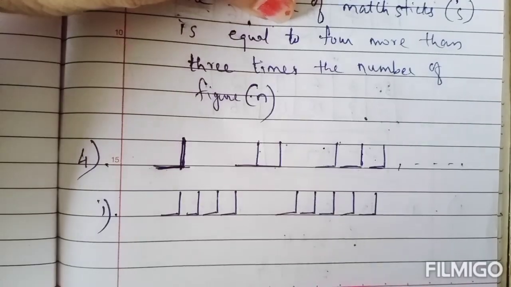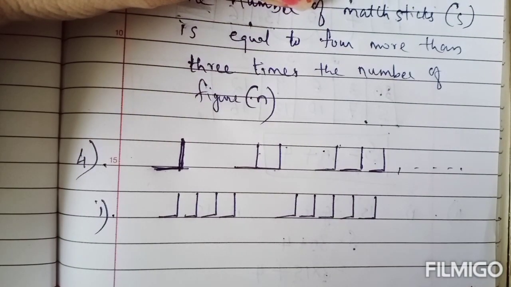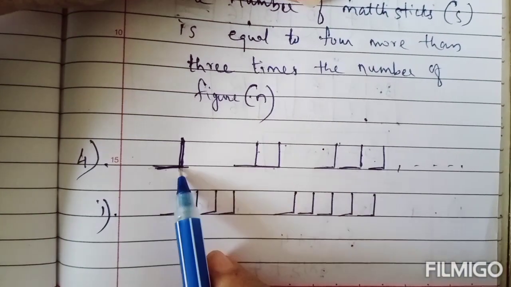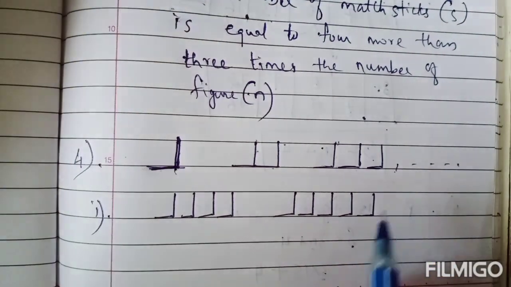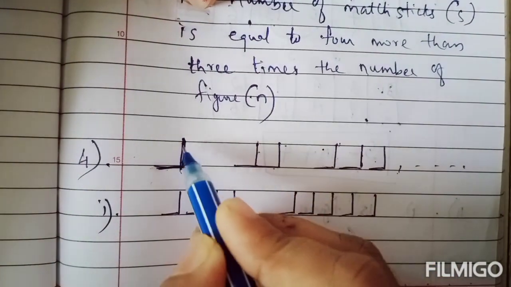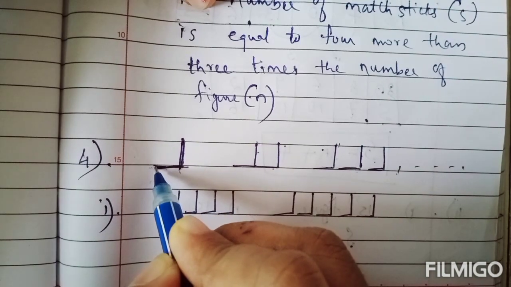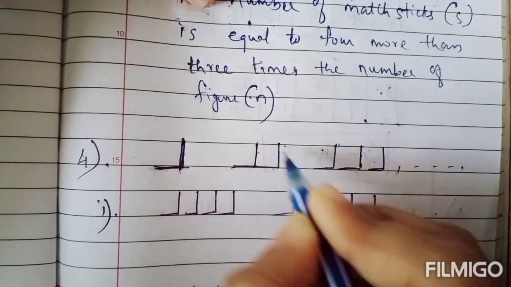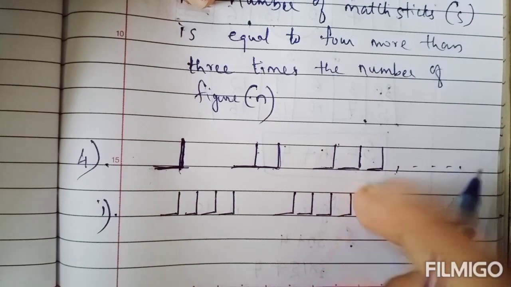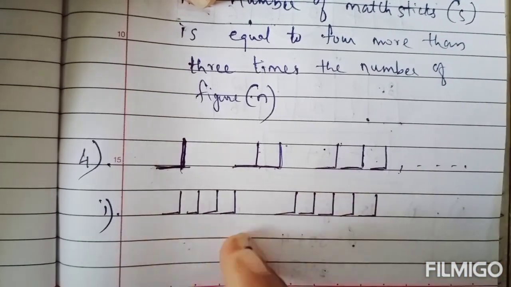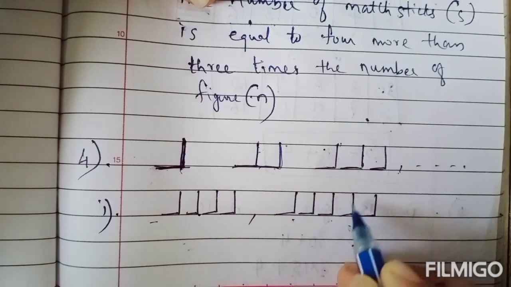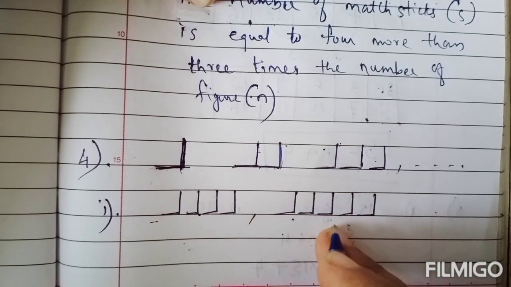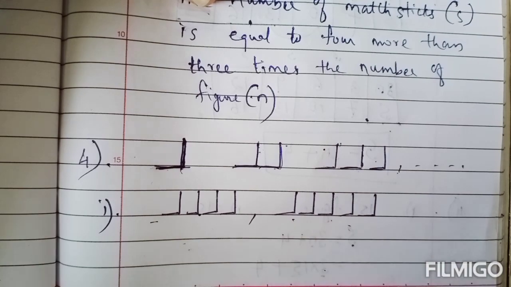Okay. Now the fourth question. First one: in the following pattern, draw the next 2 figures. So this is the pattern. You have to draw 2 more figures of that pattern. Now you can see the pattern. Here, 1 time this L. Here, 2 times. Now in the third figure it is 3 times. So in the fourth figure it will be 4 times, and in the fifth figure it will be 5 times. So this will be the next 2 figures of that pattern.